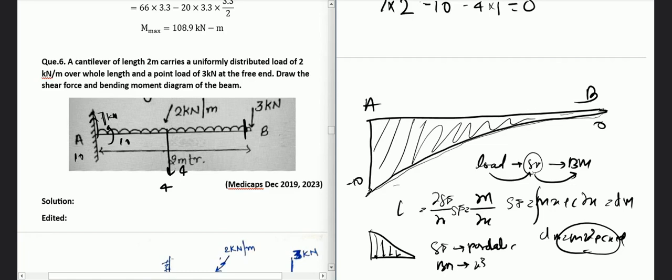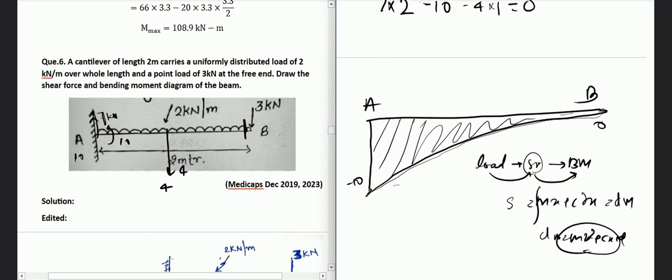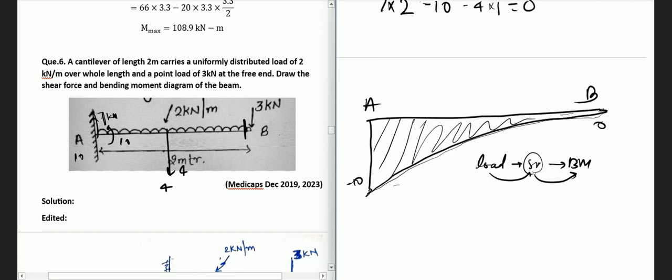So that is just the basic concept, that shear force, load and bending moment are related like this: the shear force is one degree lesser than the bending moment, and the load is one degree lesser than the shear force. You can just remember that whenever the shear force variation is linear, the